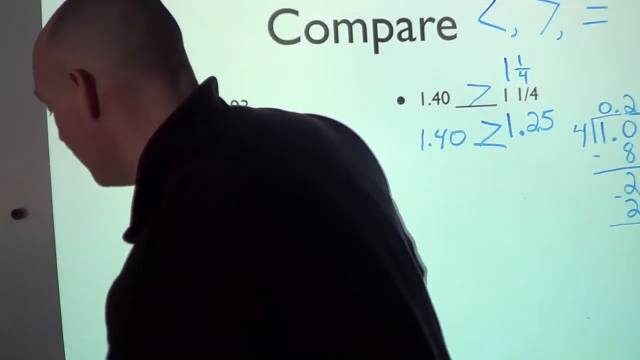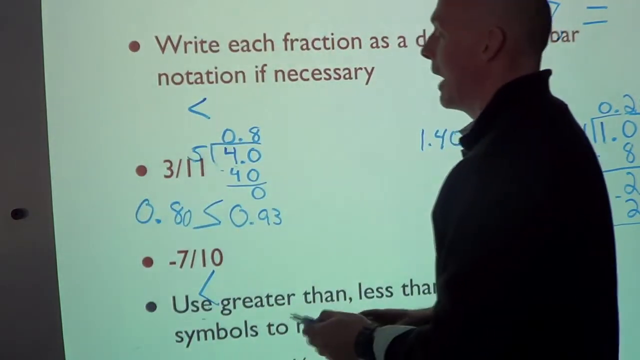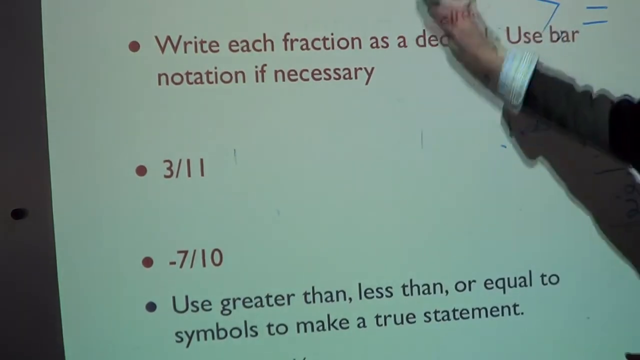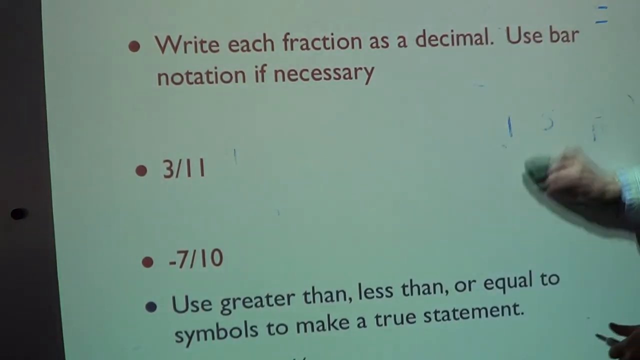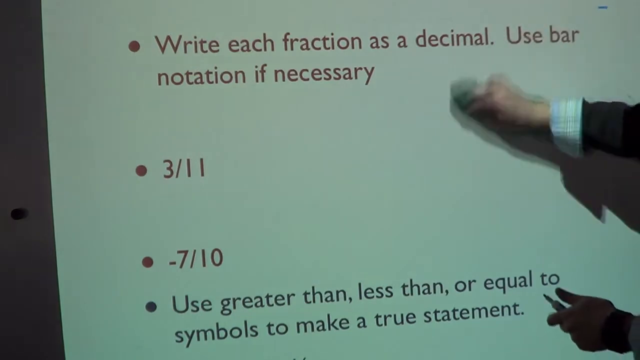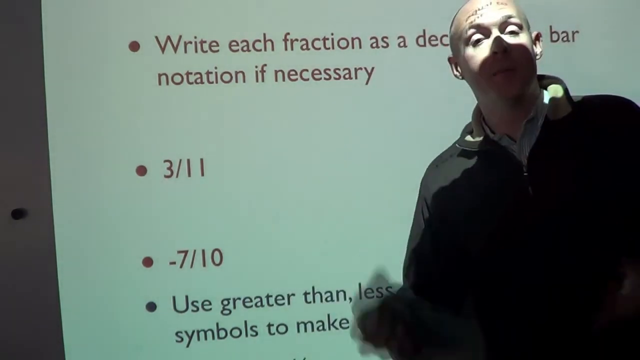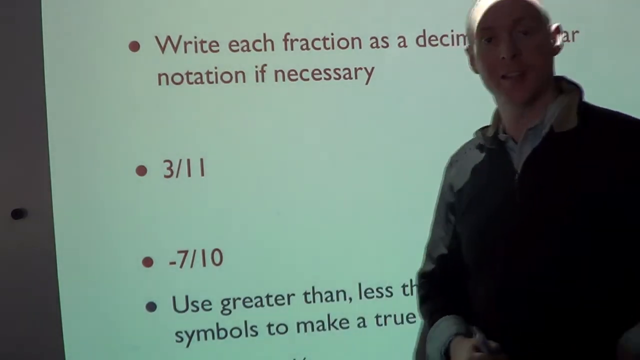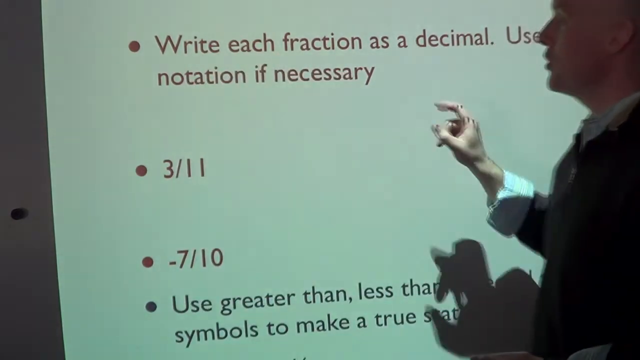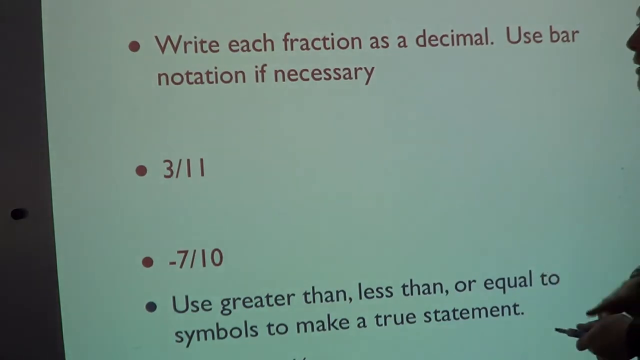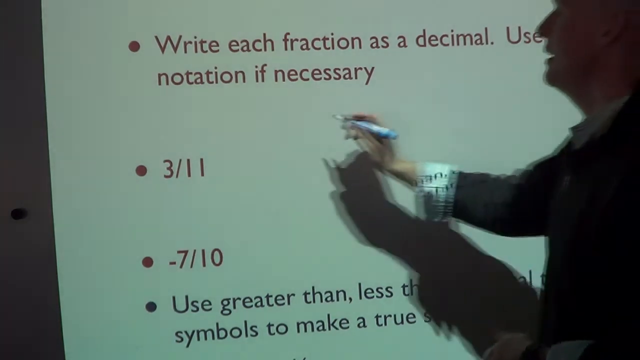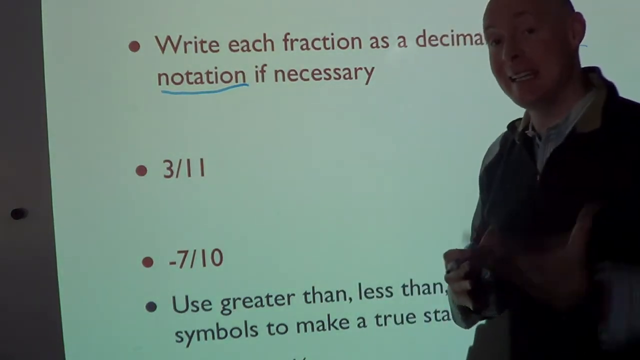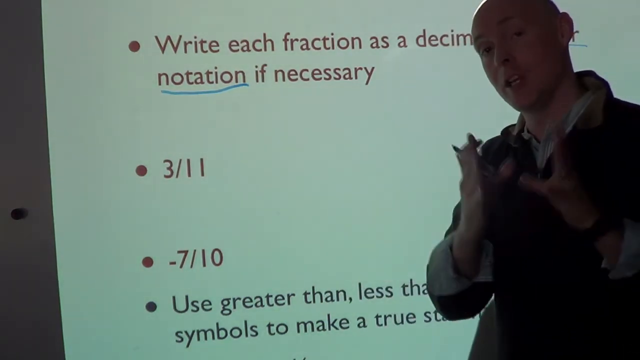Now, I want to leave you with some sample problems to try on your own. I gave you 3 problems. What I want you to do is on your own try these. And tomorrow at group, what we'll do is we'll first go over these questions and then we'll go on to some more examples. But for the first 2, it says write the fraction as a decimal. Use bar notation if necessary. What that means is if it's a repeating decimal, put the bar on top to let me know what part